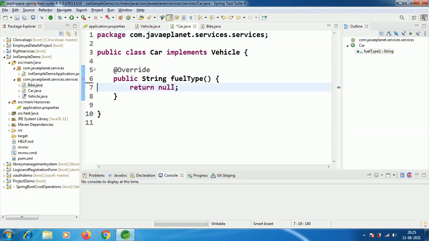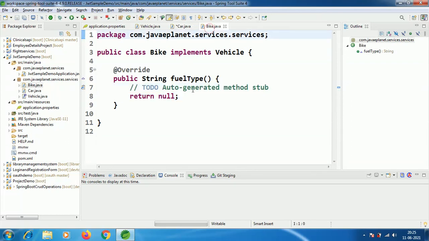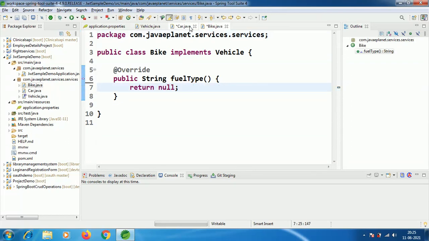Here I am taking the return type for the Car class as diesel, and for the Bike class as petrol.